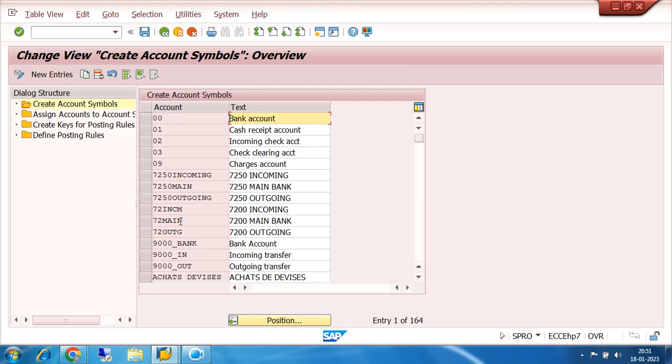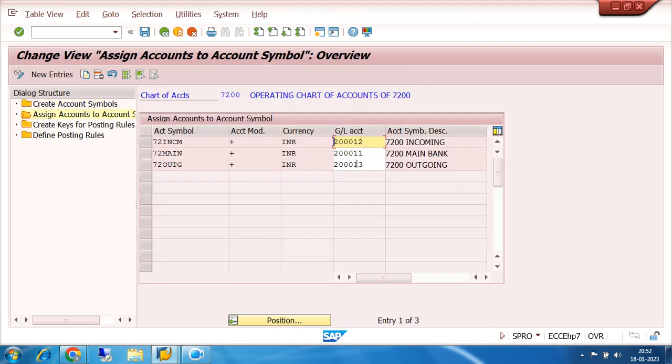Okay, so now I was in this screen itself. So this is the screen actually. See, then what is the use of this account modifier? The use of the account modifier is, if things are not hard coded and only the masking is used, first 5 digits plus plus plus plus and the last digit only shows the incoming, main and outgoing,